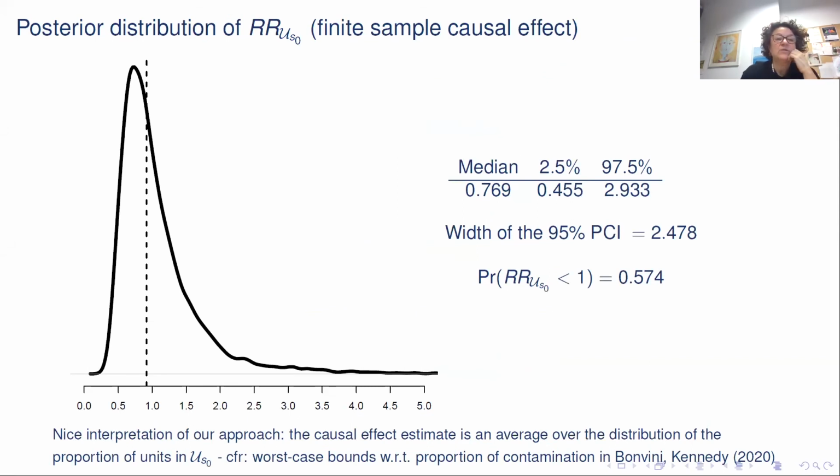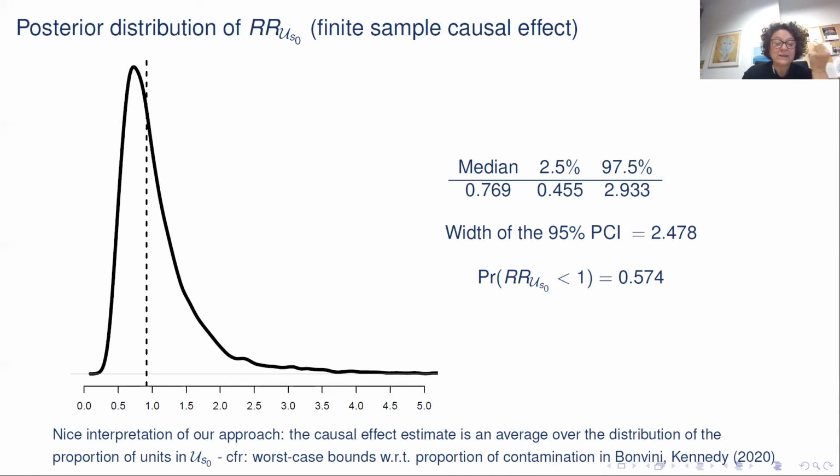This is the posterior distribution of the relative risk of leprosy that I mentioned earlier. The effect is below 1, although the 95% credibility interval does cover 1. But in fact, there is some evidence that this relative risk is less than 1. And again, I do not have time to comment much on these results, but it is essentially a causal effect